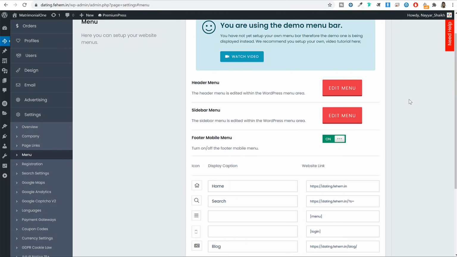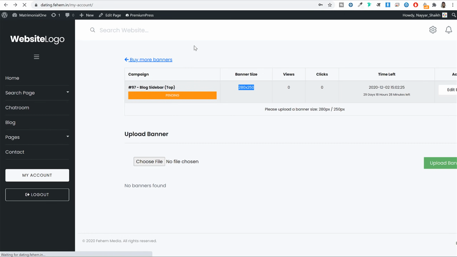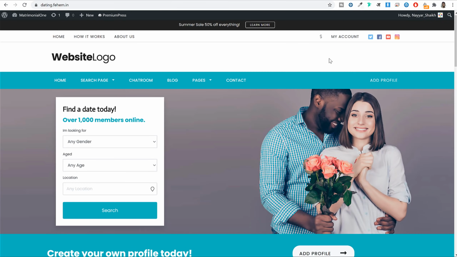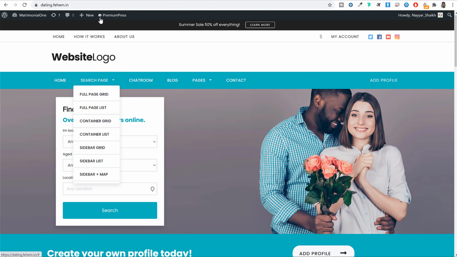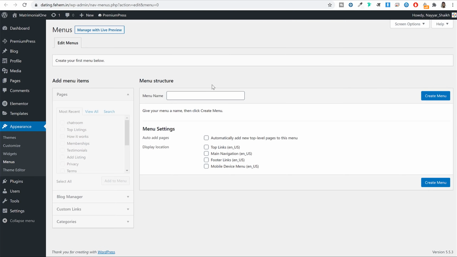We have to now create a new menu because the menu that is used on your website right now is the default menu. Okay, if you want to make some changes to this menu, you can create your own menu. Let's see how that is done. If you come back to this page, you can open the edit menu option in a new tab: right click on this option and select open in a new tab. Here you will be redirected to this page, or you can simply hover over appearance and click on menu. So you will be redirected to this page.